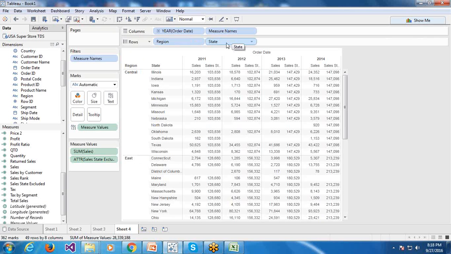So that is the difference. Exclude is computed beyond the view granularity, whereas include is computed between view granularity and row granularity, and fixed can be computed at any granularity. So how can we use fixed beyond, and in between view and total granularity? We can use it. See, first thing, this one,